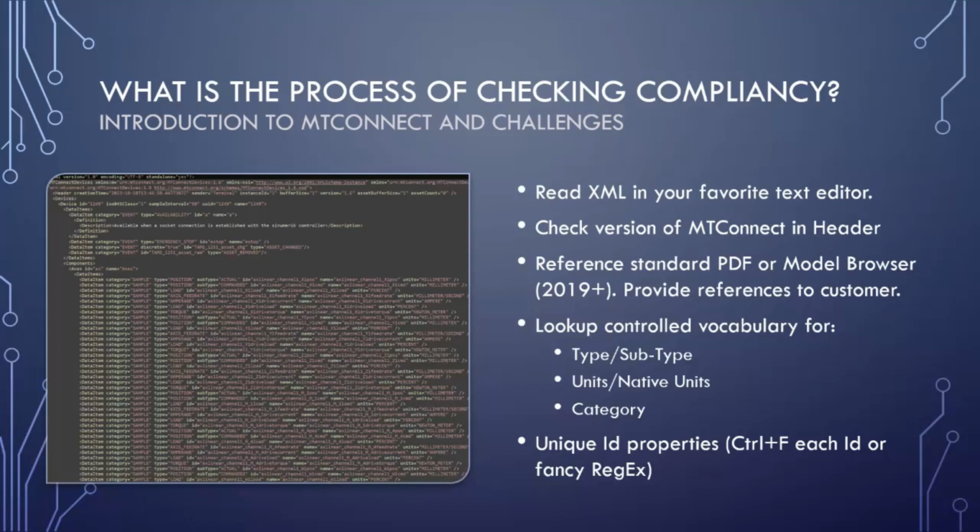And the process that we went through was really basic. We would identify what version of the MTConnect standard was attempted to be implemented. In this case, in this document, it's version 1.6. So then we would reference the 1.6 version of the standard, which at that time was represented as a set of PDF documents. We would open up the PDF documents for that version, and we would go line by line, looking at all of the types of data and determining whether or not those types existed in the standard at that time.